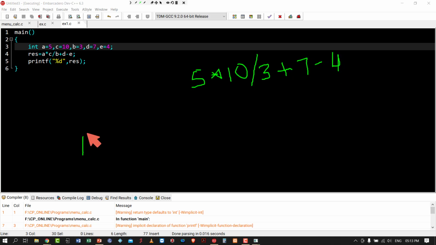So I am following the Bodmas rule. B stands for bracket, O stands for of. Am I right? So here no bracket, so no BO. Here I have division, it is 10 by 3.